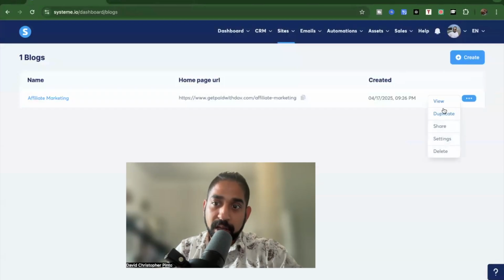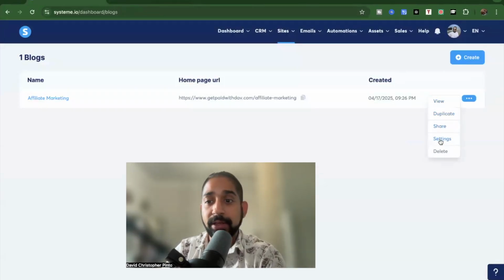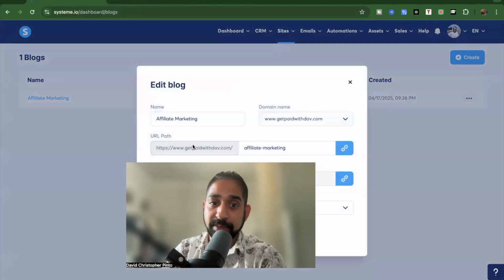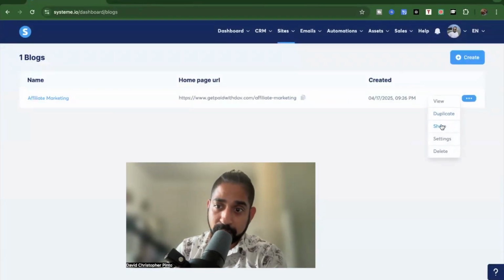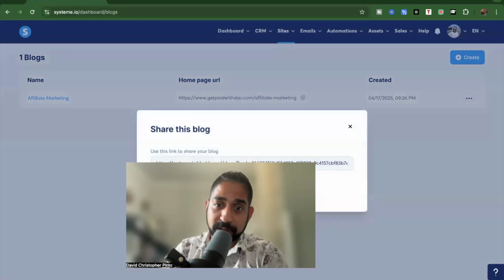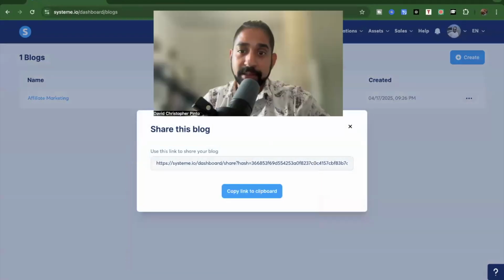Okay, so that's the blog. I can duplicate this exact same thing. I can share this. I can use settings. I can see the settings, and the settings are basically just giving me the URL and things like that. But if I go to share right here, you can see, and I click on share, it says share this